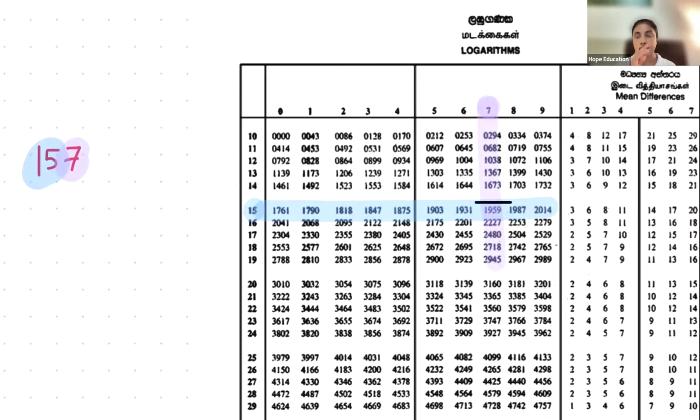1959. Then that is the number. So I will put